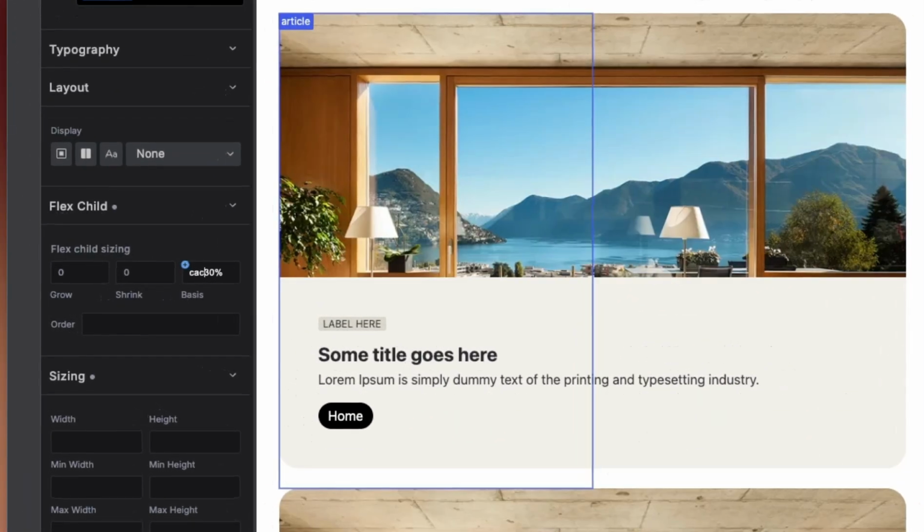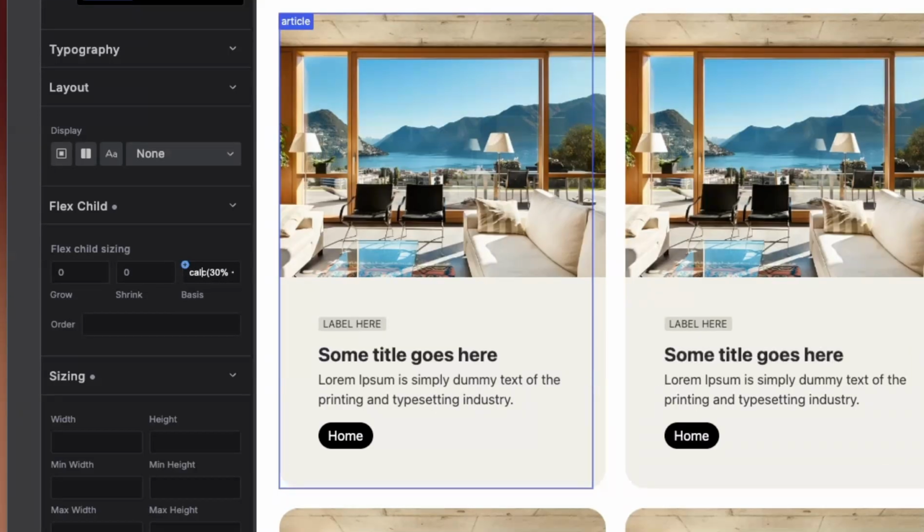So we can do something like calc, open the braces, and inside the brace, provide what to calculate. So space plus 1 rem, oh, I mistyped, will get us pretty close,